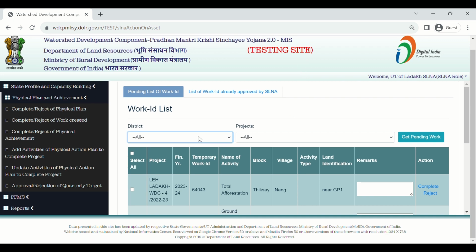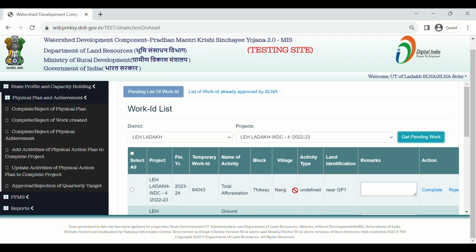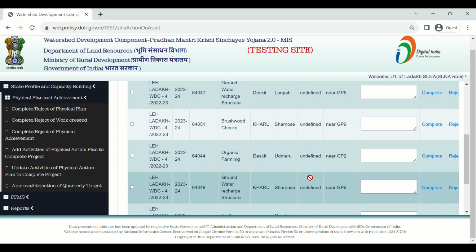Again select the district name and select the project name. Click on the button get pending work. In the case of completion of work,